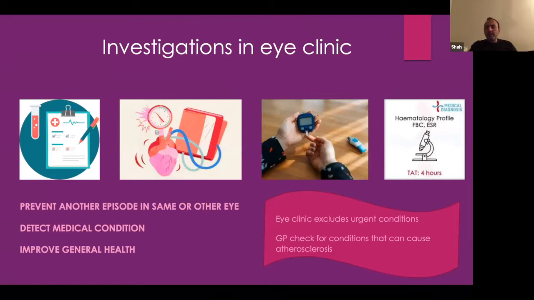Blood tests are very limited, because in the past, any vein occlusion that was coming through was getting a whole array of blood tests, and very little was coming back as positive. So in the at-risk group, that's 50, 55 and over, you only need a full blood count, ESR, and HbA1c. HbA1c is what you need to exclude diabetes, I'm sure you know. Full blood count is essentially for causes of coagulation disorder, so a very high red blood cell count can cause vein occlusion, and ESR is a very general marker of inflammation.